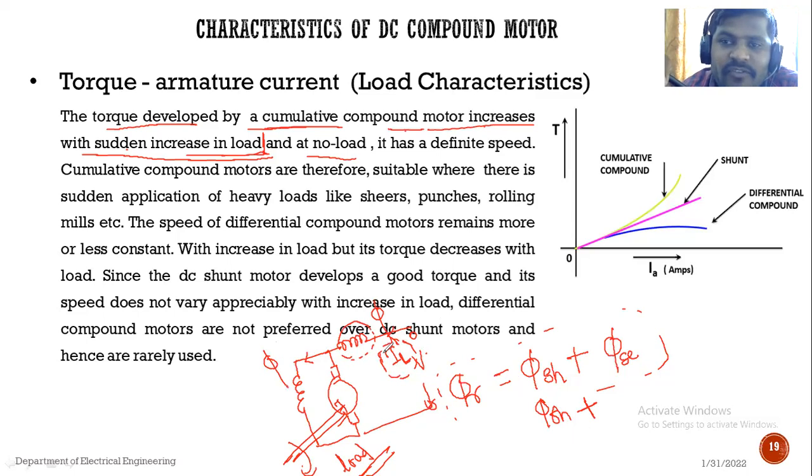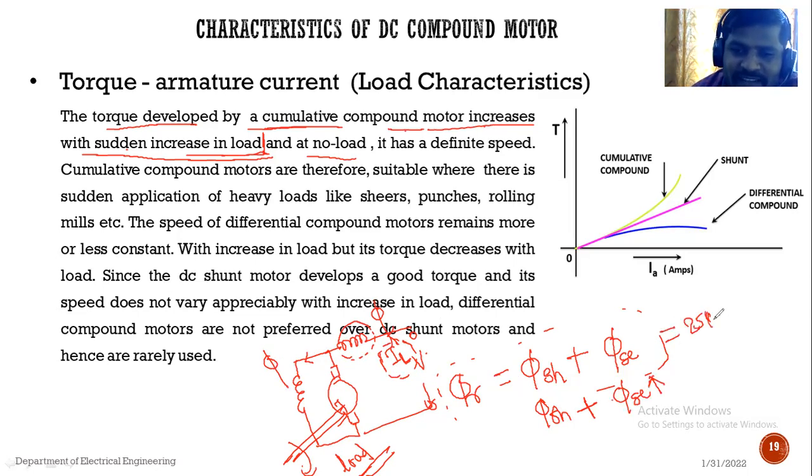त्या फील्ड वाइंडिंग मधून फ्लो होणारा करंट इन्क्रीज झाला. What is the effect on the flux? Increases. That means phi SC is increases, right? Suppose flux पहिल्यांदा suppose 25 वेबर आहेत आणि परत करंट इन्क्रीज झाल्यामुळे फ्लक्स इन्क्रीज झाले, that is 30 वेबर. Okay, see,